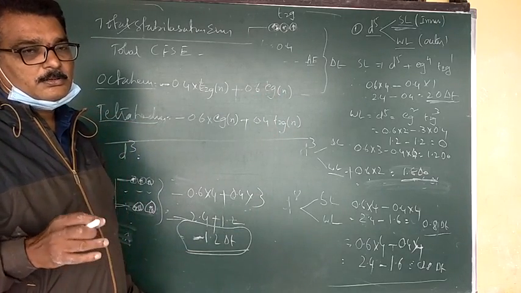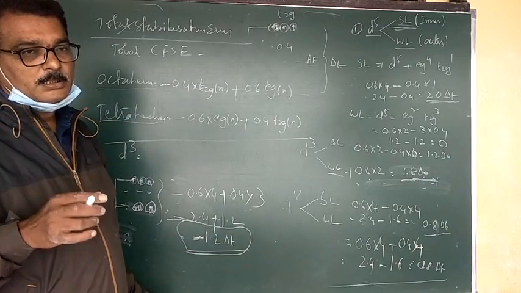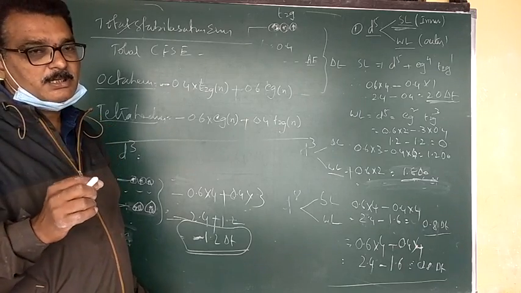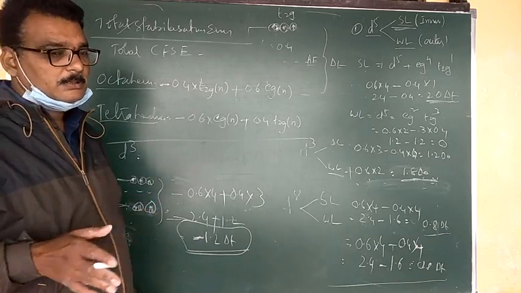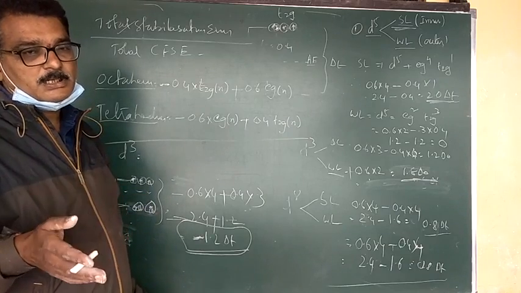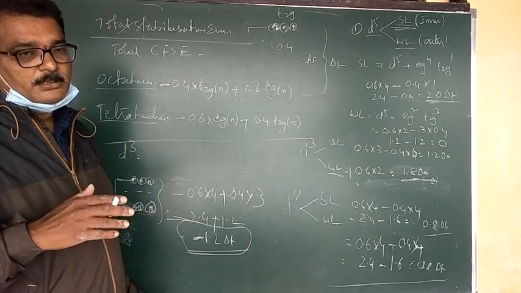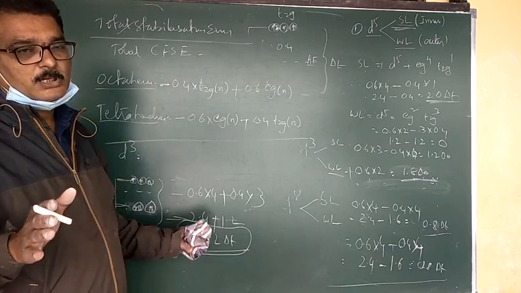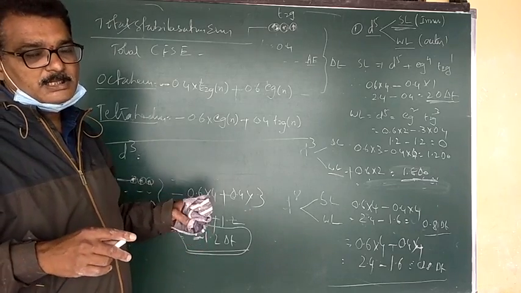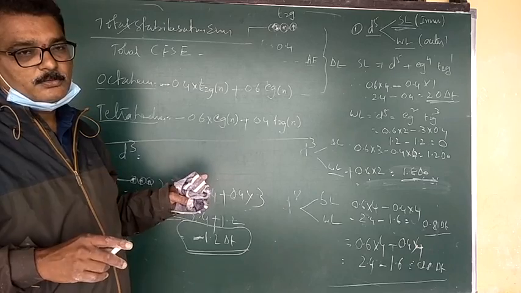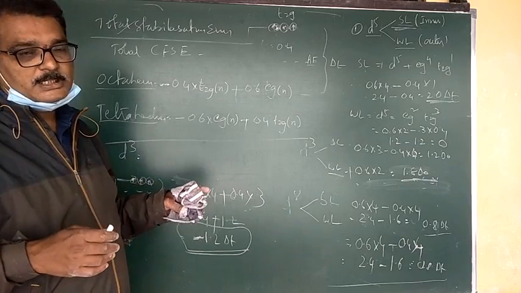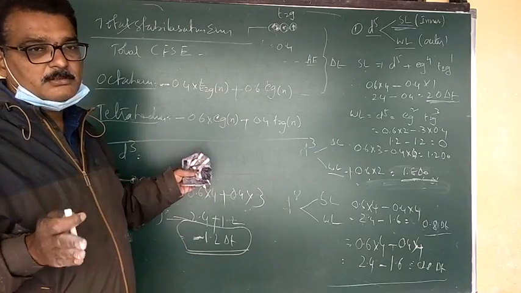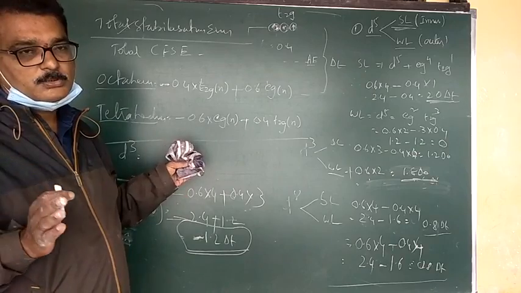In the next class we will talk about the stability of the complex, metal carbonyls and the color property. Those three are very easy, and then almost all of complex compounds is complete. The next exam is on Sunday, covering the total chapter syllabus, complex compounds from start to end. Majority of questions come from valence bond theory and crystal field splitting energy. Remember that. Follow the textbook: first complete the textbook, then go to other books. You can score maximum marks in complex compounds. Bye.